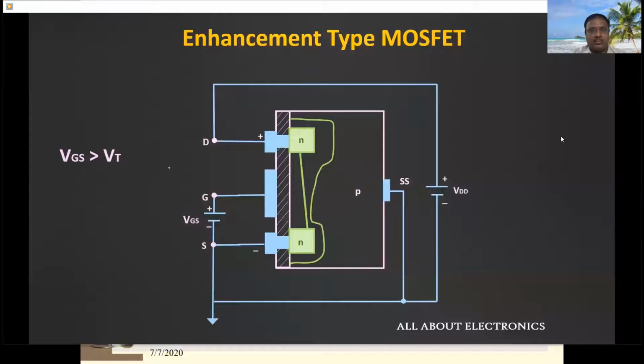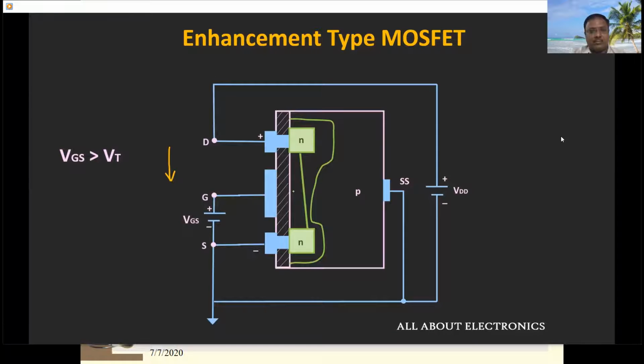So when we apply this voltage VDS, then through the channel electrons get attracted towards this positive terminal, and in this way the current will establish in this circuit, and the conventional current will flow from the drain terminal towards the source terminal. But now if you observe, the width of the channel has been reduced towards the drain side, because now due to the positive voltage at the drain terminal, this PN junction will get more reverse biased, and due to that the width of the depletion region will increase. So because of that, the effective channel width towards the drain terminal will reduce.